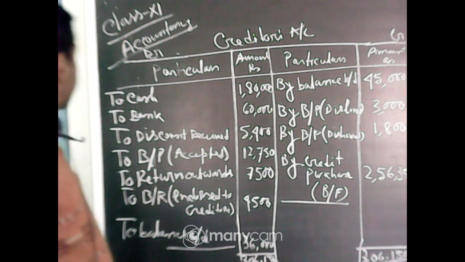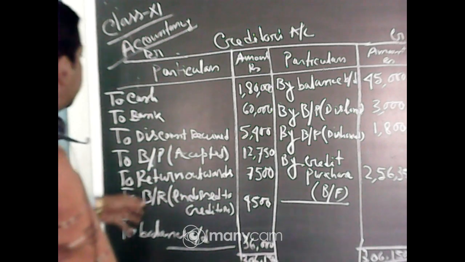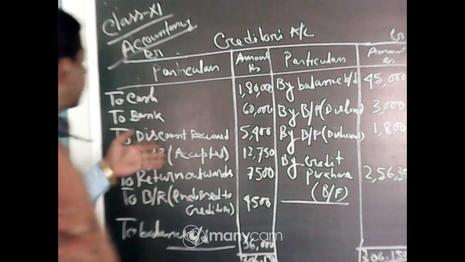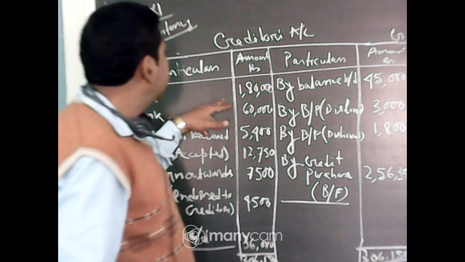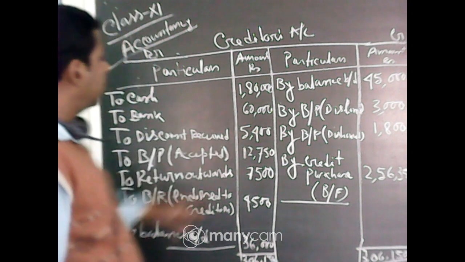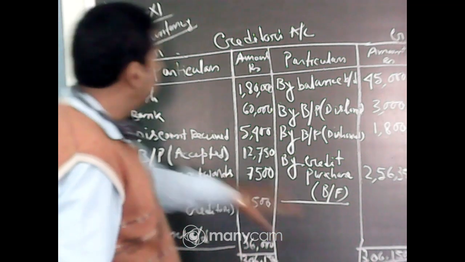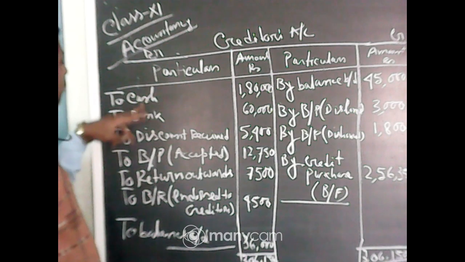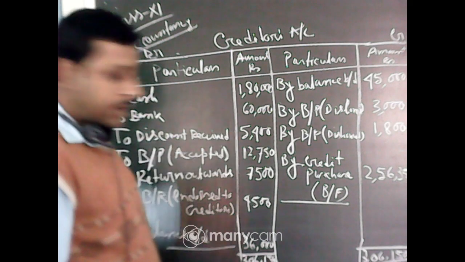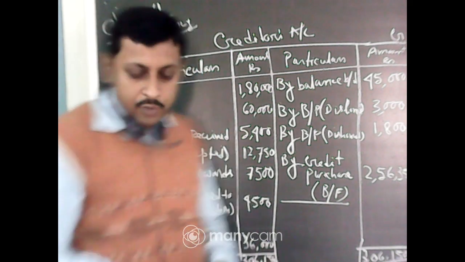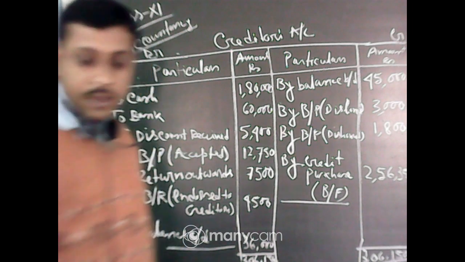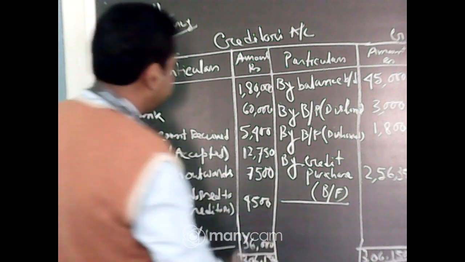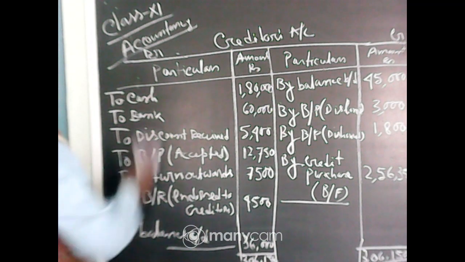So that is total. Sometimes you can find out from here what is the total payment you have to make to the creditors. If credit side is more, then what is the total payment, that is to bank or to cash, you can find out. So in that way you have to find out the credit purchase and balancing figure, and most of this type of item will come in your examination.